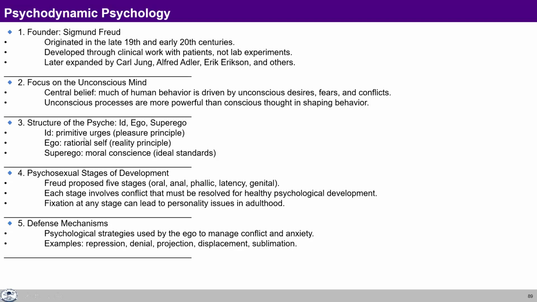The id is the primitive urge, the pleasure principle. The ego is the rational self, the reality principle, and the superego is the moral conscience. It could either be your natural acceptance or some moral that you carry within. This is right, this is wrong, this is doable, this is not doable. So we all have certain morals inside. If guided by natural acceptance, it becomes a part of our understanding. Otherwise, it remains as a moral, even though we have not understood it correctly, but we try to go by that.